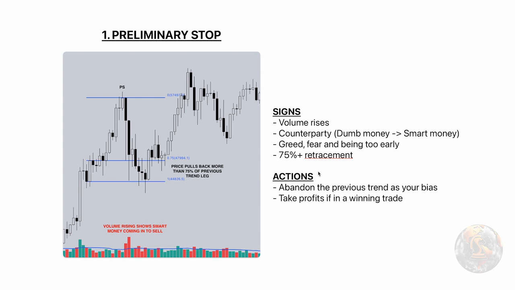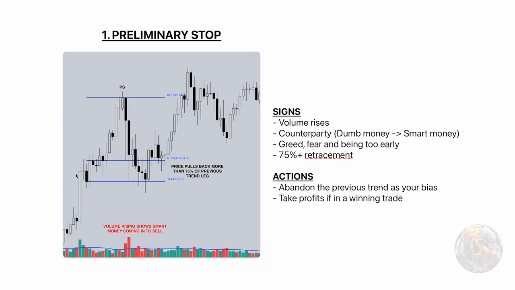A price characteristic you'll see with nearly all preliminary stops is that the previous leg will do a 75% or even a full retracement, which is a really good early indicator of a weak trend. So simply put, you have a level here and then you rally up from it. You then retrace all the way back down to where the rally started, or at least 75% like is on the chart, and then you rally higher and you create your new high. That gives you extra confidence that this second move is actually the climax, because in a true trend, you should not pull back more than generally the 0.618, which is the Fibonacci level.